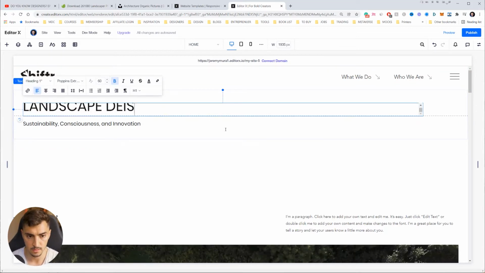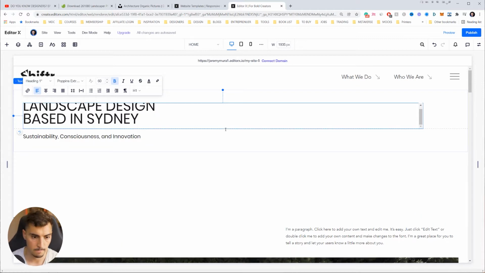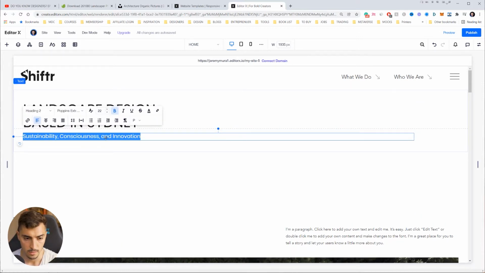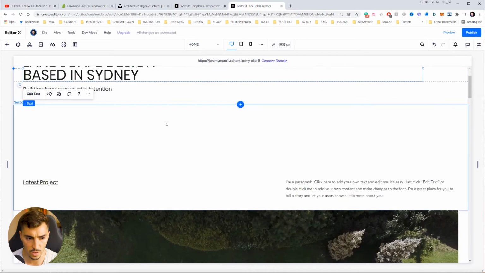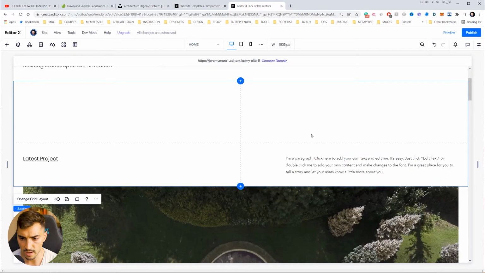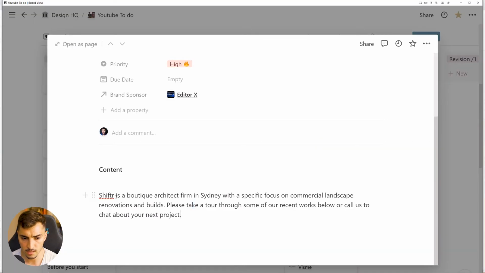Landscape design based in Sydney. Really great. Conscious innovation. Escapes with intention. So already checking some text here. We've got some cool links there on the nav bar as well. I think that's fine. And I'm going to scroll down here and I'm going to paste some text,